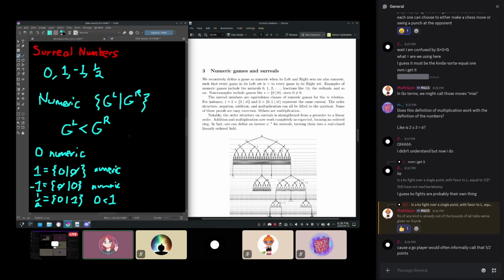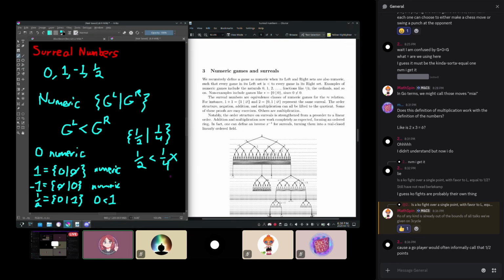Other examples, well, we already saw like 1/4 and 3/8 and all of these other fractions. They're also numeric. And in fact, this kind of ties to a question that someone made earlier in the talk, that was what's going on with this game, {1/2 | 1/4}. This is a valid game, but it's not a numeric game, because even though 1/2 and 1/4 are numeric games, we don't have this inequality. This is just not true, so it's not going to be a numeric game. It's going to be some other kind of game.